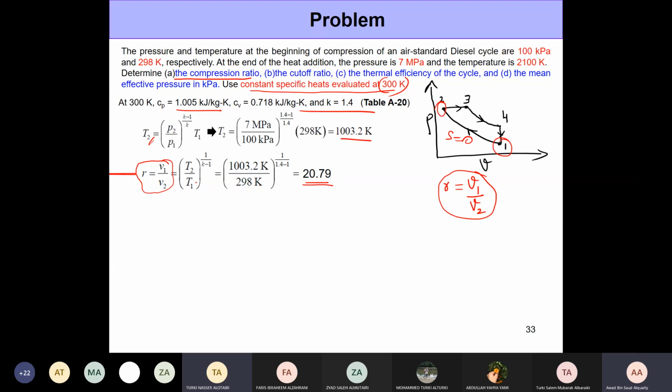Yes, Doctor, I have a question, please. Yeah, go ahead. Why didn't we use the ideal gas law here, PV divided by T, and just solve for V1 divided by V2? Isn't it correct? That's a very good point. So I could also say P1 V1 by T1 is P2 V2 by T2. It's an ideal gas throughout. So this ratio should hold.